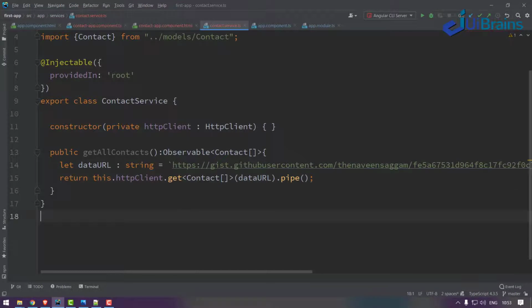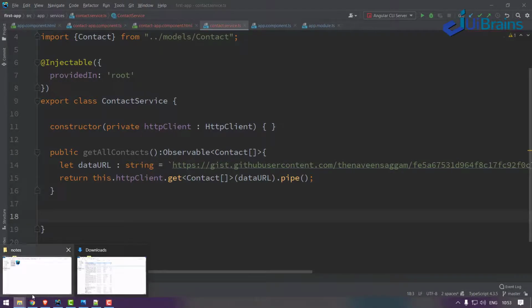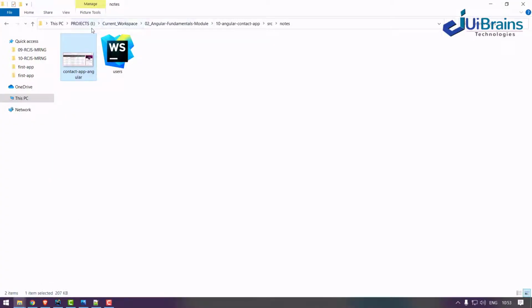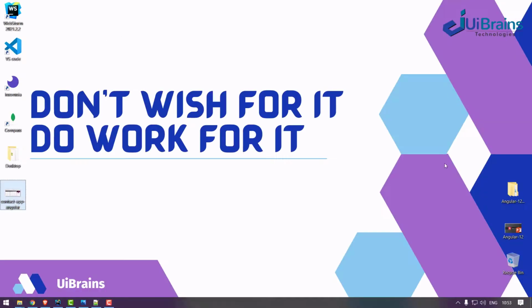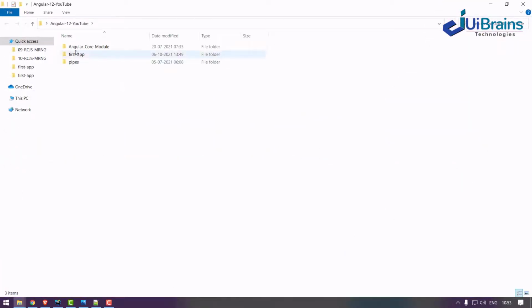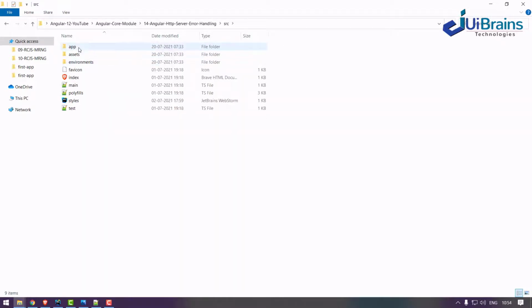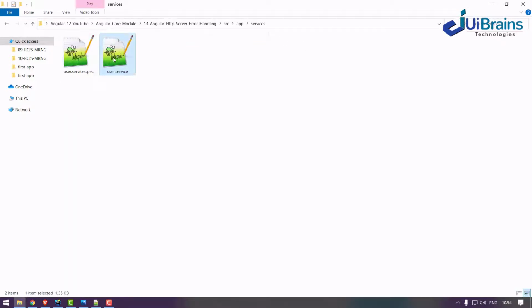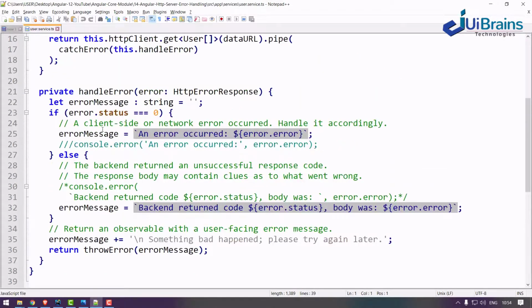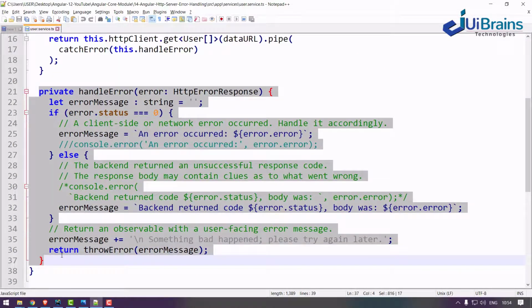In the last example we understood how to handle the errors, right? So let me quickly grab that error handling code from the previous example. I think I have it here: core module HTTP error handling, src app services user service. Yes, this one, right? Copy that.